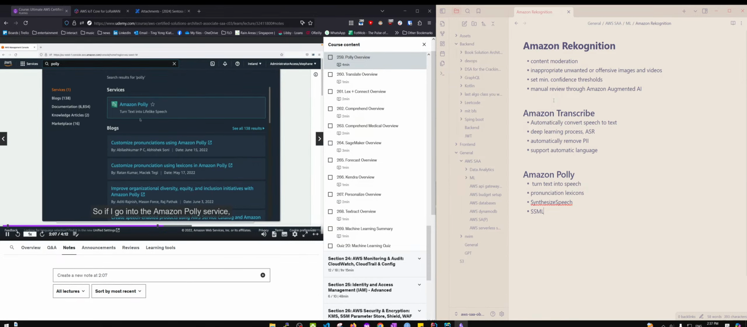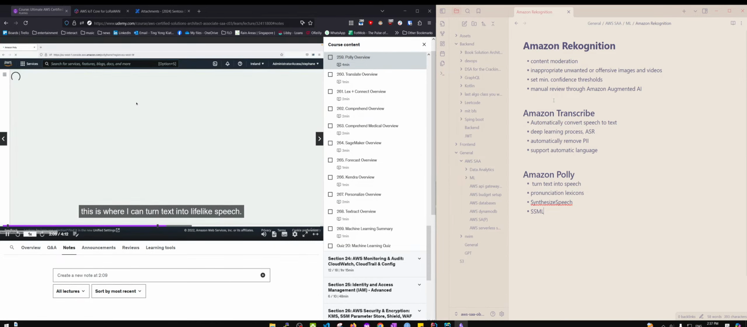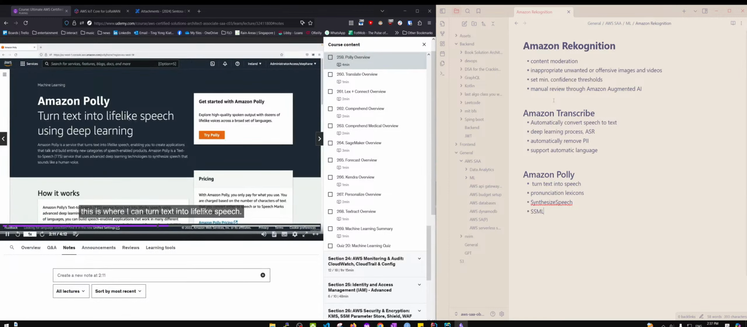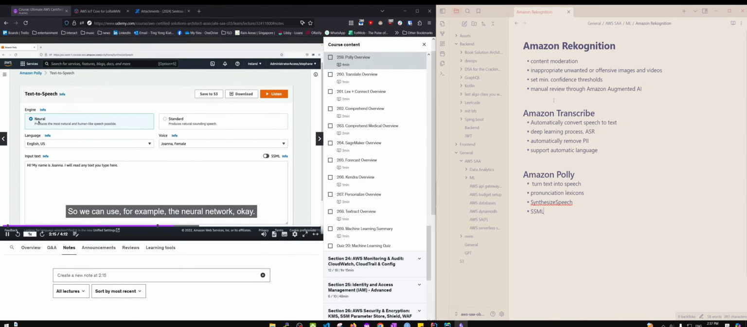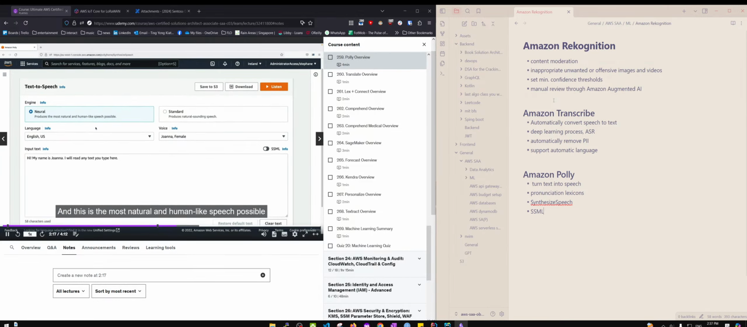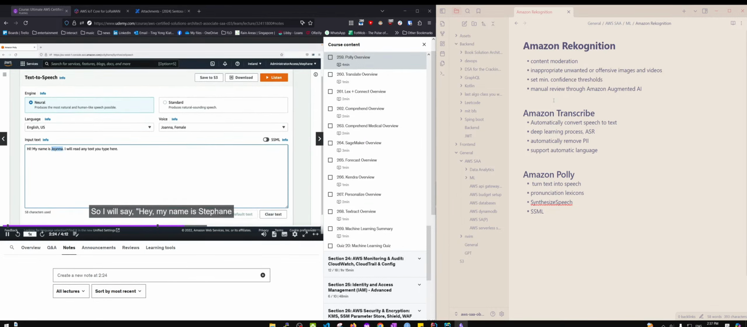So if I go into the Amazon Polly service, this is where I can turn text into lifelike speech. So we can try it. So we can use, for example, the neural network, okay? And this is the most natural and human-like speech possible. And we can choose the voice we want. So here's the text. So I will say, hey, my name is Stefan and I love AWS. Let's see what happens. So if we listen to this, it will say,